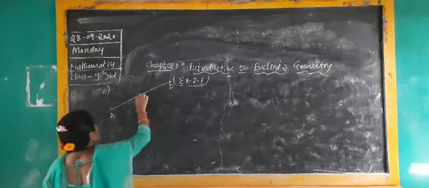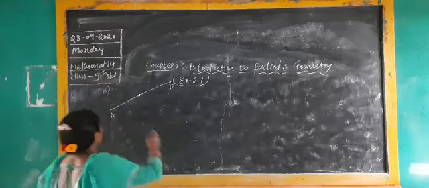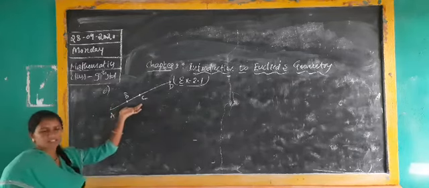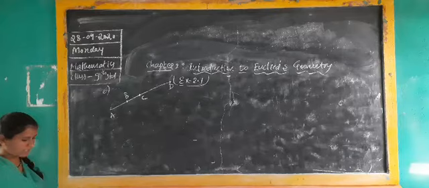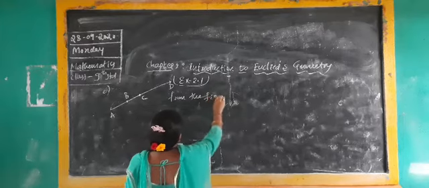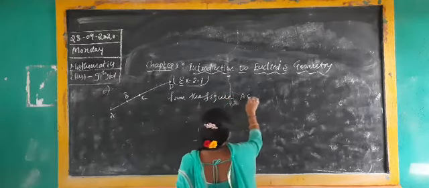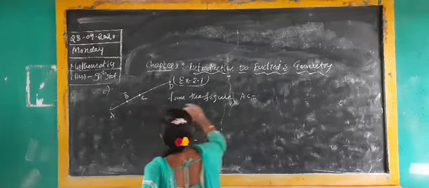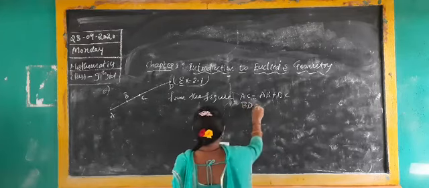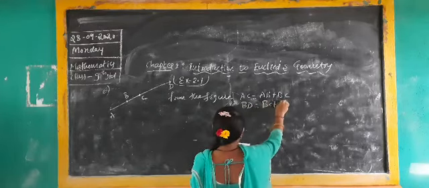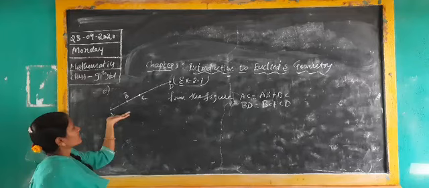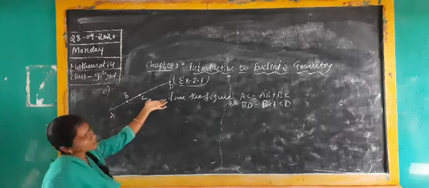A, B, and also the midpoints they have given, B and C. Here AD is a straight line, B and C are the midpoints of AD. Madam, given from the figure, write AC is equal to, here I need AC, means you have to write AB plus BC. And BD is equal to BC plus CD. From the figure we have taken AC is equal to AB plus BC. For BD you have to take BC plus CD.